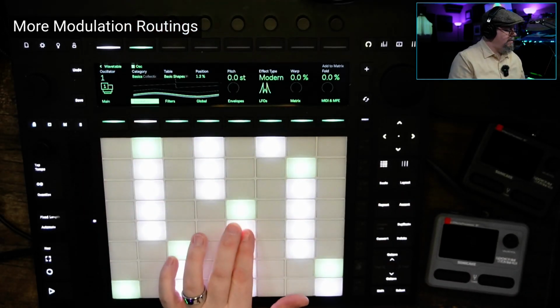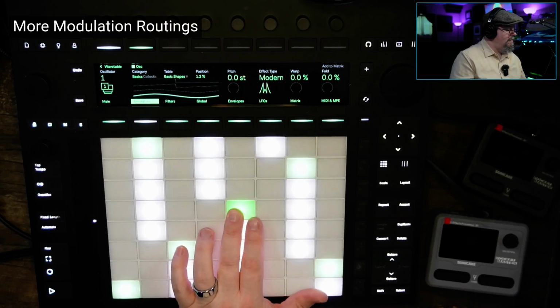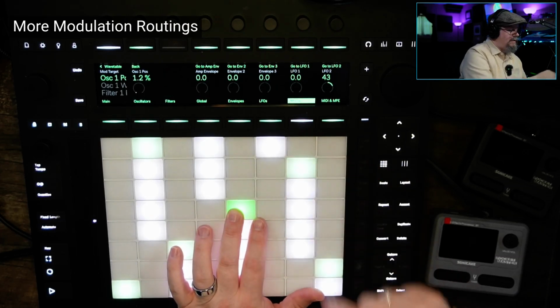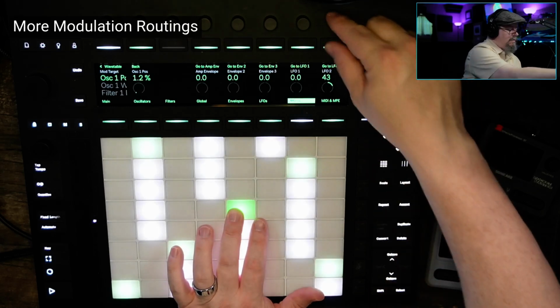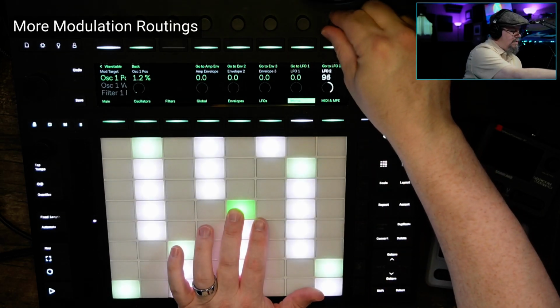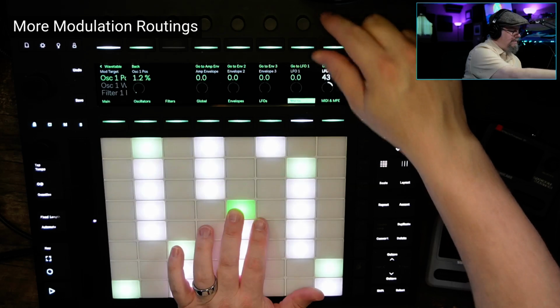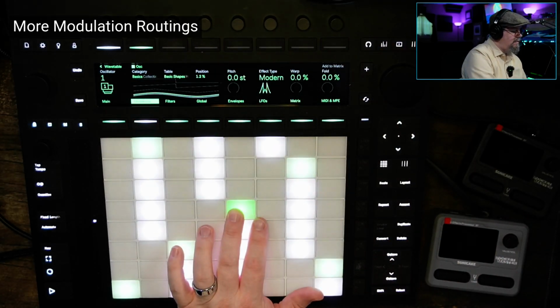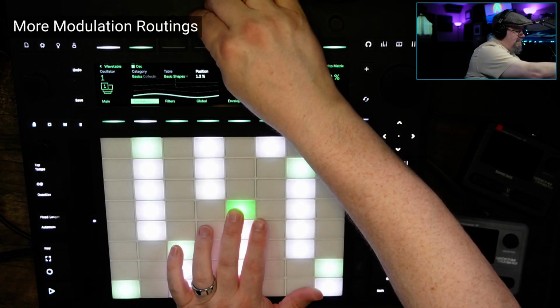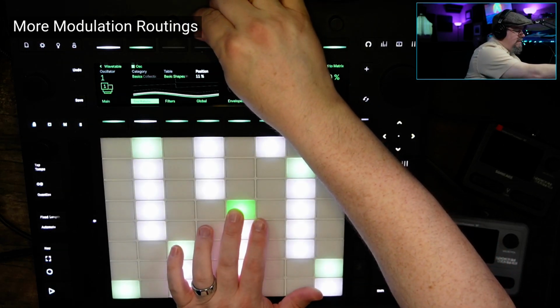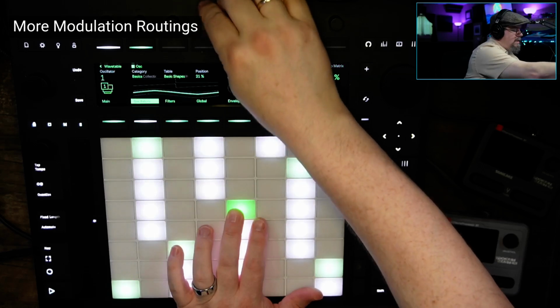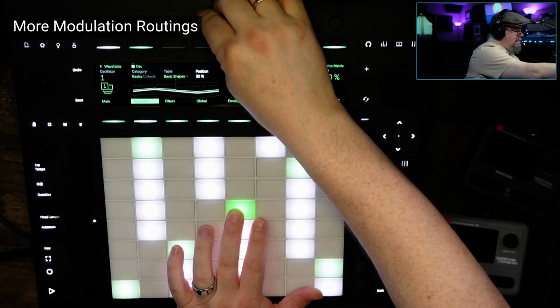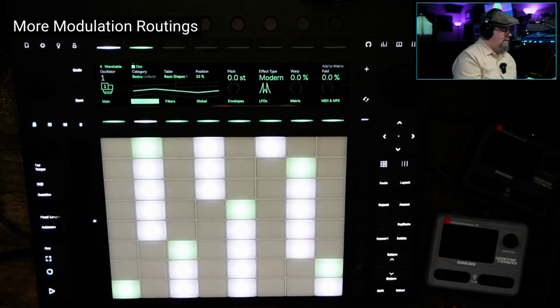And then you can see the position here, about 1.2%. If we go back to the matrix, we can see we got LFO 2 doing about 43% of send from that LFO to the oscillator 1. And then by shifting position, we can move it from the more sine wave to triangle. And if we go down an octave,